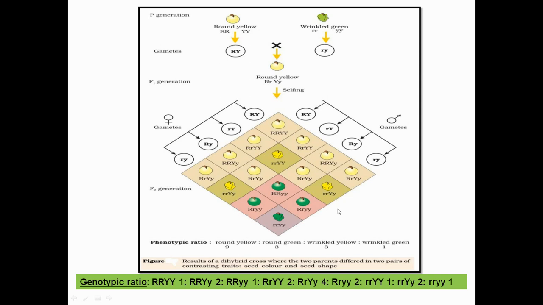Here is the full view of the dihybrid cross, where we have taken two traits in a single plant. That is the case of a dihybrid cross. And we have the F1 hybrid, which shows the dominant character. On selfing, we have gametes which are similar in male and female. In female, it is an egg, and in male these are the pollen, but the genetic composition will be similar because we have done self pollination.